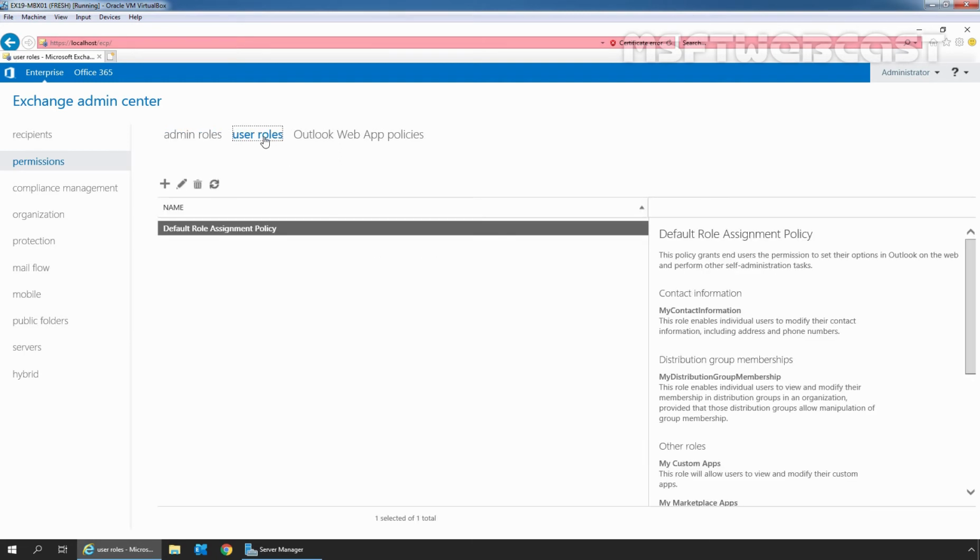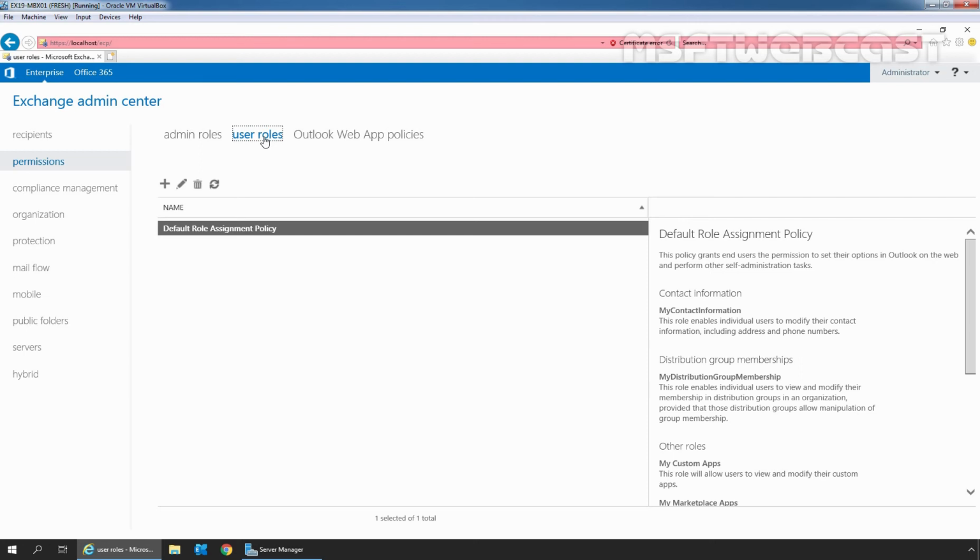The Exchange organization has a default role assignment policy that grants users permission to configure all user-manageable settings. We can create one or more additional role assignment policies and assign them to users at any time using Exchange Admin Center.